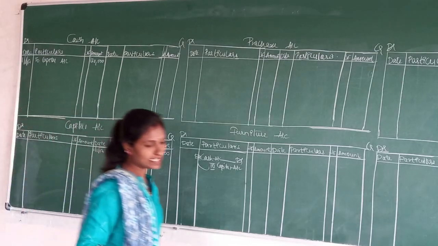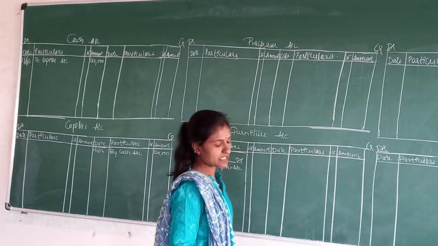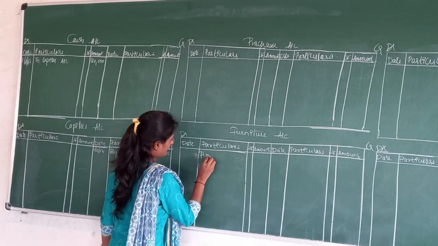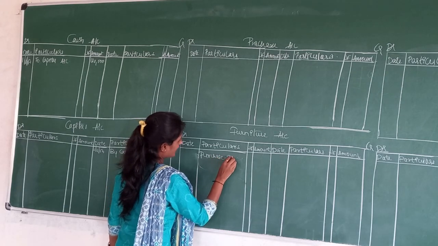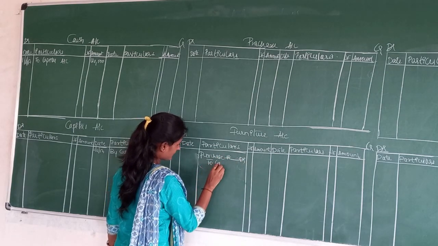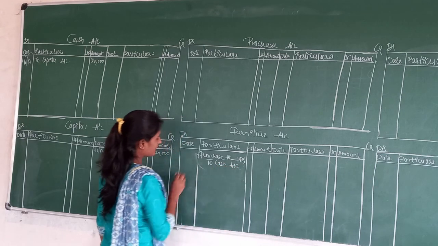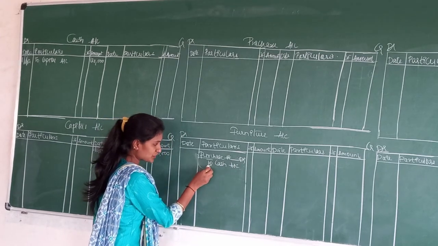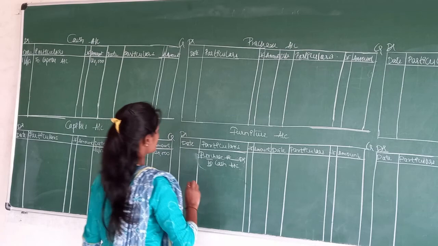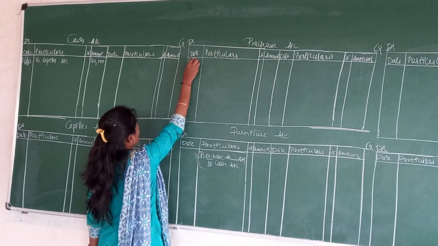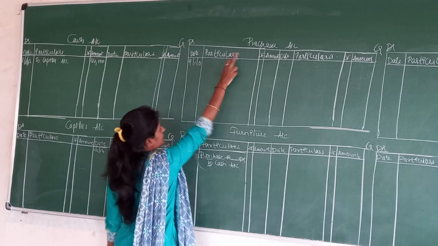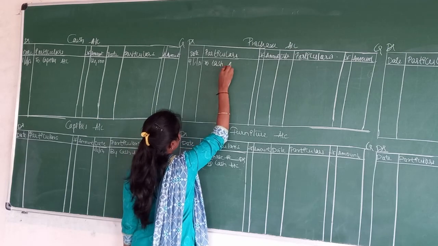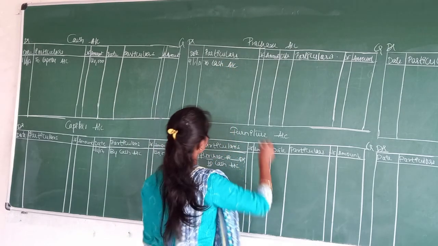So this is the first journal entry, and the second journal entry is purchase account debtor to cash account. Now in the purchase account we need to write cash account. Which side? Two side, right? The date is 4, so this is the purchase account, 4/1/2017. In purchase account we need to write to cash account, amount is of 20,000.